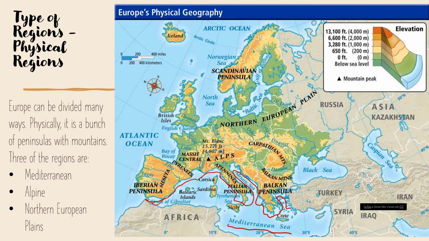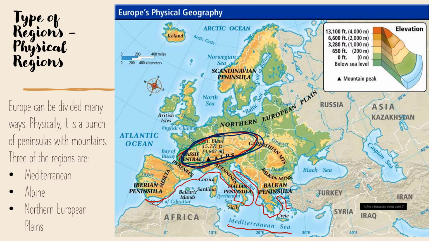And then you have the Alpine region. The Alpine region, that is defined by mountains. And so we have the Alps here. So it's not the Apennine region, it's the Alpine region. And the Alps, it actually stretches across like this. Let's make that a little different. Well, that's not a good color. Like this right here. So any of these countries here, that would be part of the Alpine region.